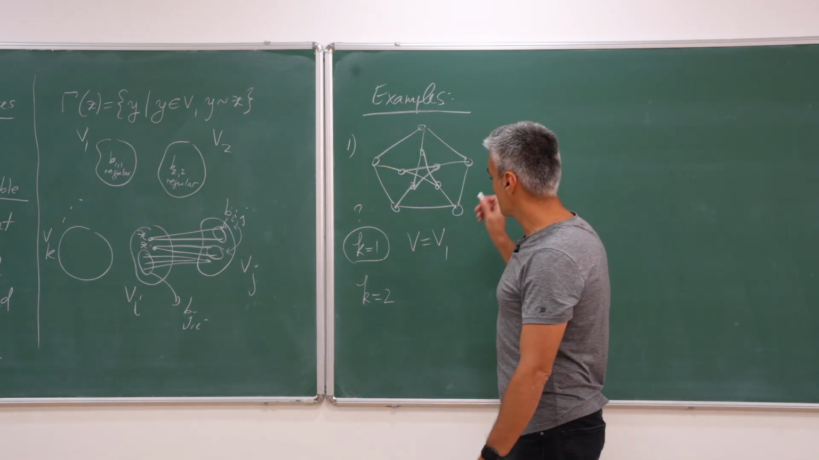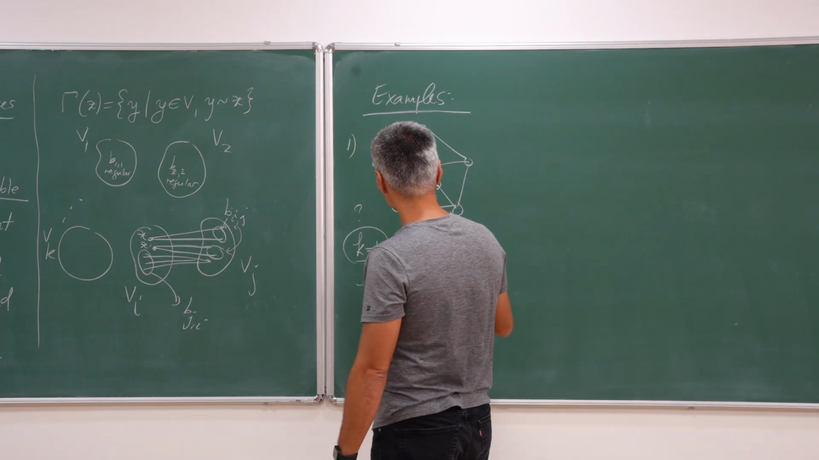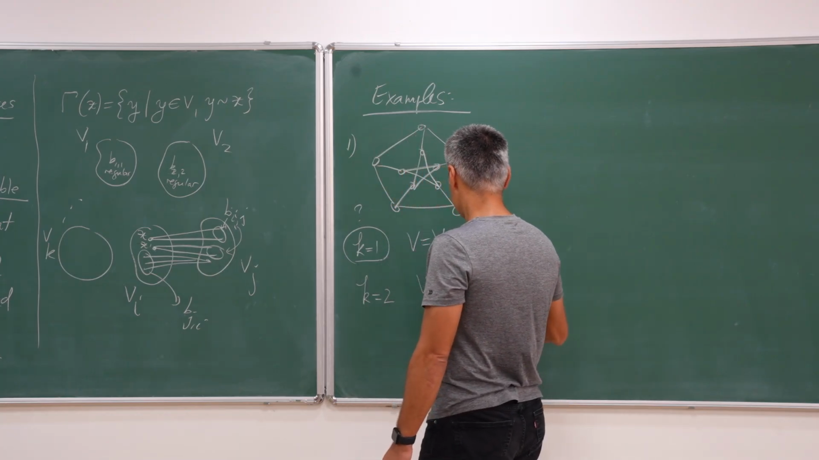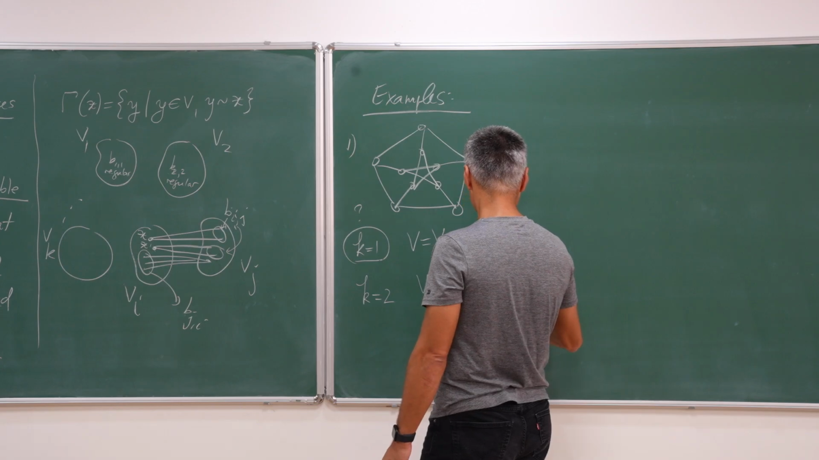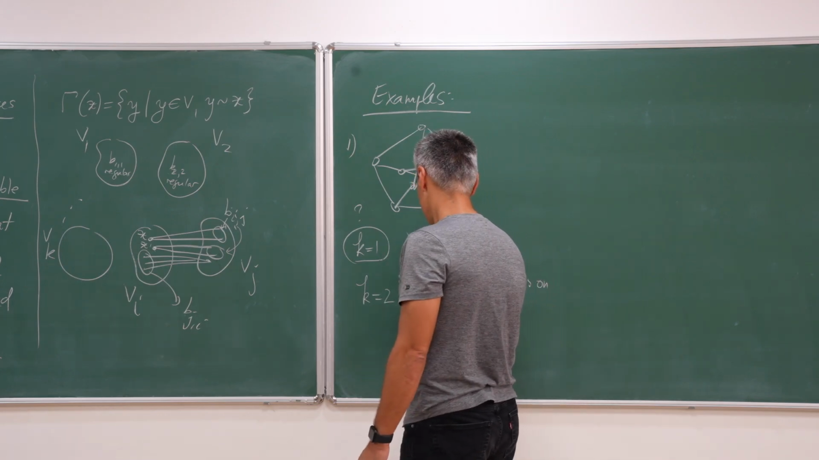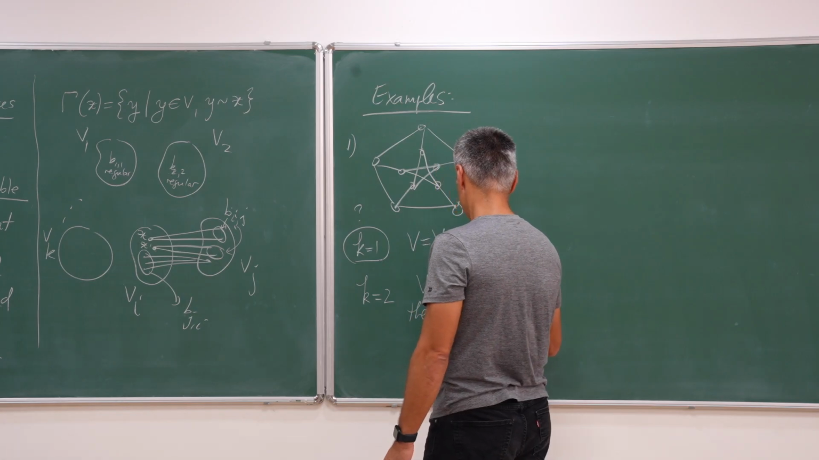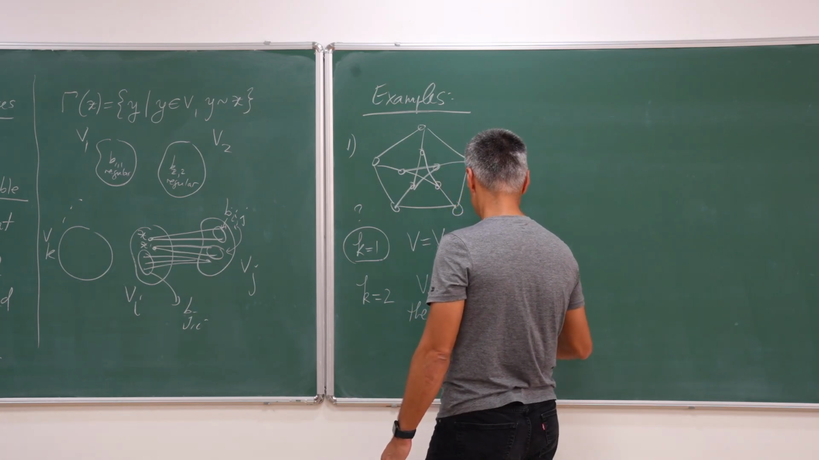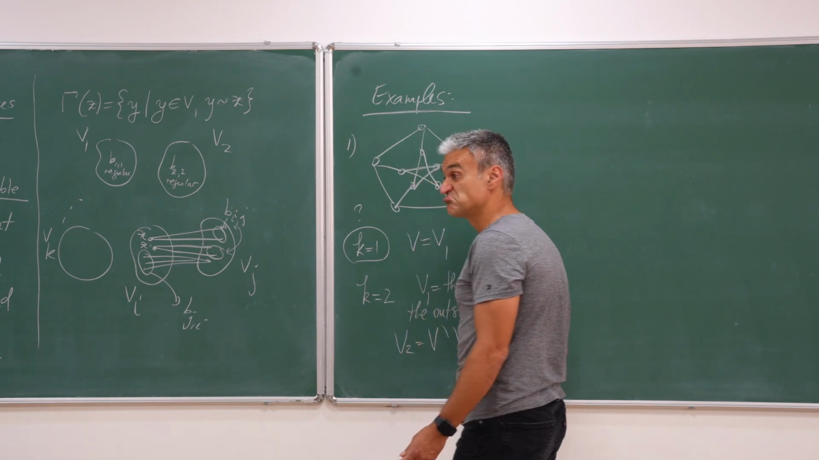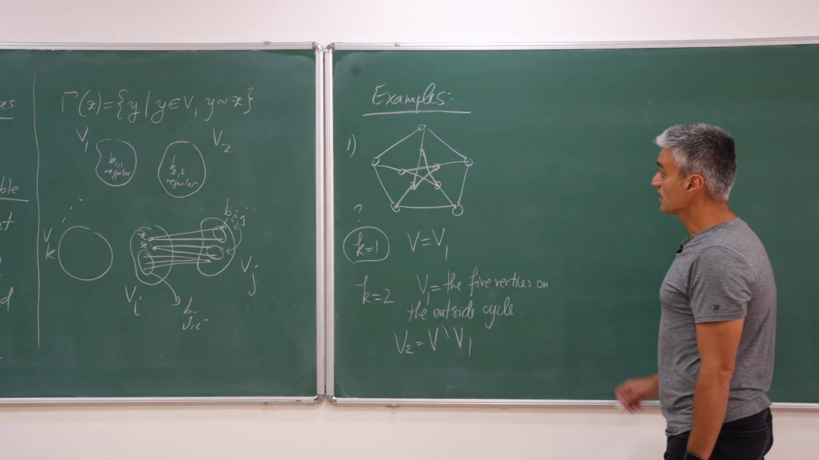Yes, the cycle on the outside, so V1 is the 5 vertices on the outside cycle, and V2 is the rest, V minus V1. Okay? Now,